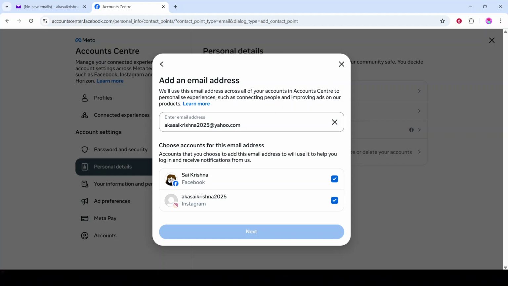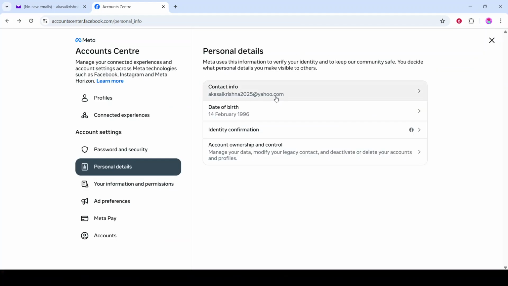Enter the code exactly as shown and confirm. If the code is correct, Facebook will verify it and your Yahoo email address will be added to your account as a contact method. That's it. With your Yahoo email verified, Facebook can send notifications and important account recovery details straight to your Yahoo Mail. This is especially helpful if you prefer managing all communications from your Yahoo inbox or want an additional way to